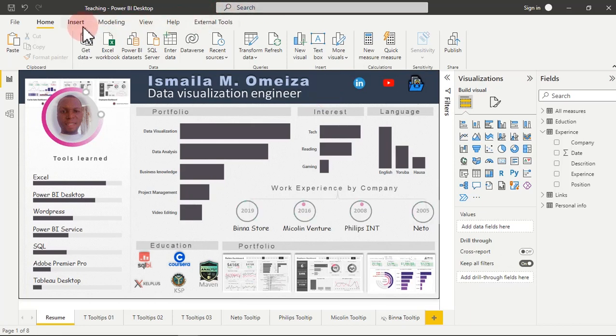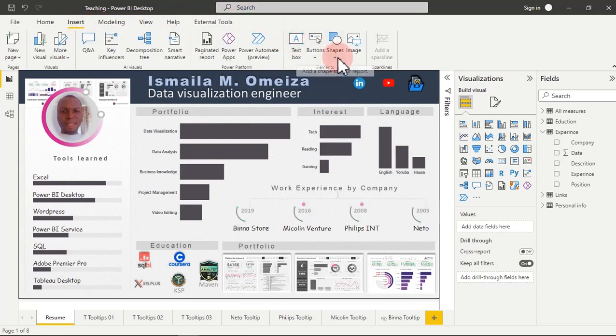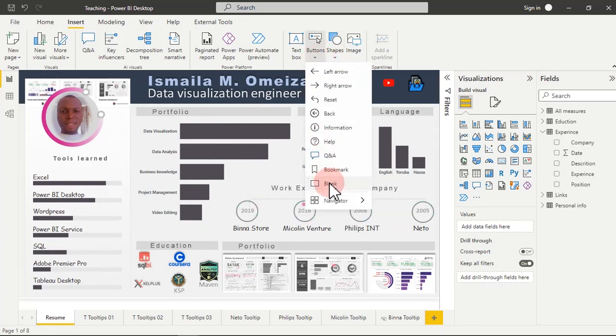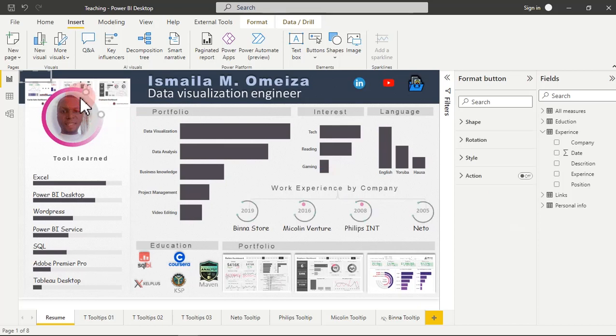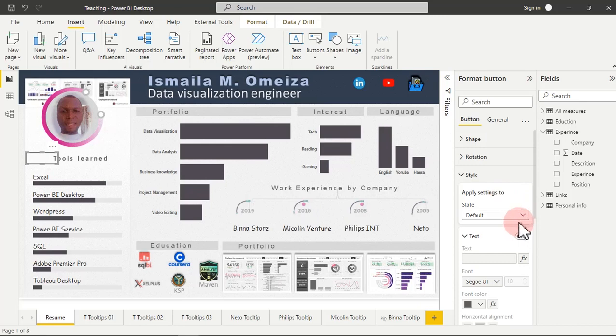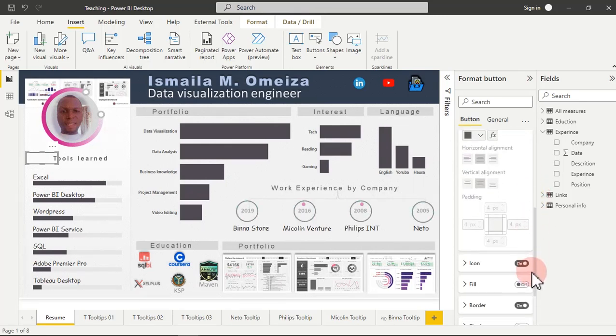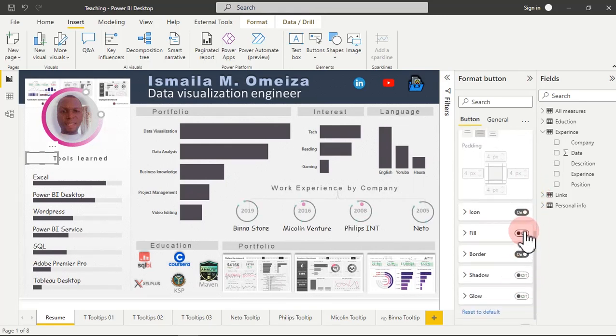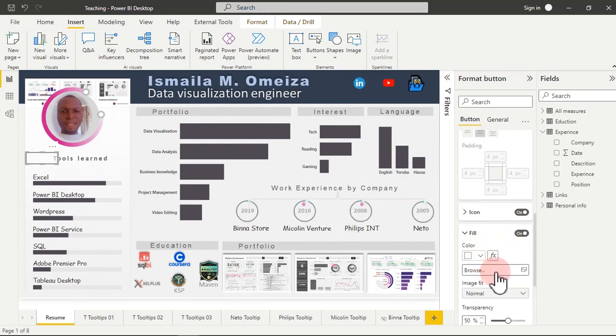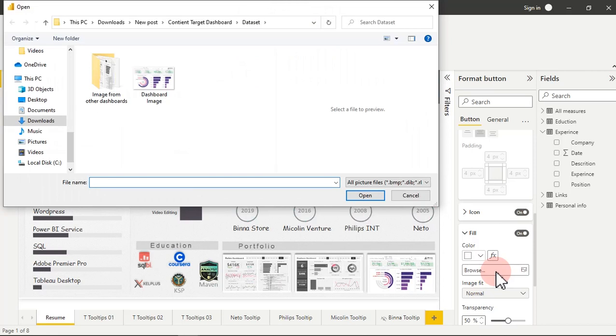You just go to insert, and from insert, we go to button. So we choose the blank one, right? So after choosing the blank one, we can drag it up to where we want to have it. So let's say we want to have it right here. So I can definitely go to my style, just like what I've done before. And I am going to scroll all the way down and choose the fill and have it opened. And now we can click on browse to navigate to where we have that particular